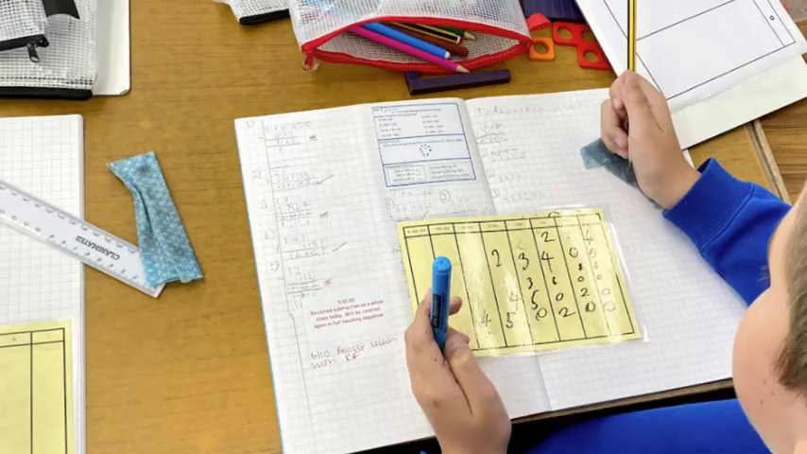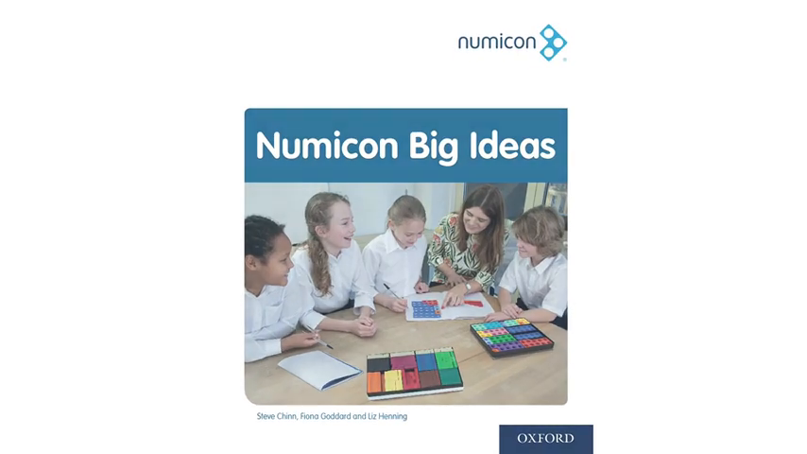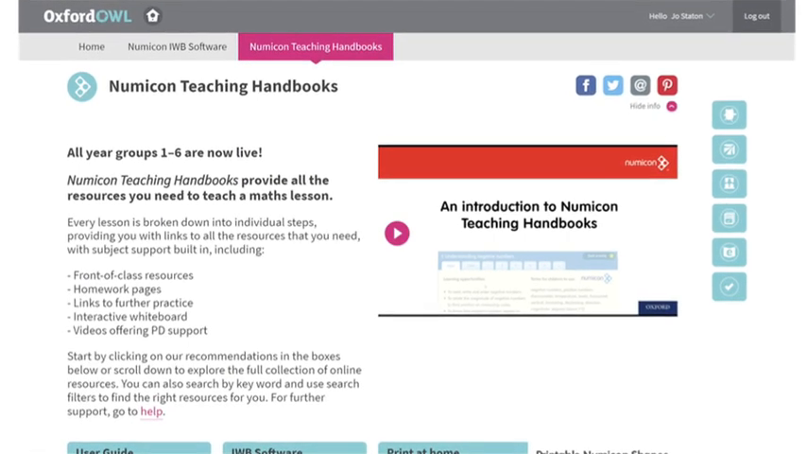Today's lesson was taken from the Numicon Big Ideas intervention programme. It's a sort of Year 5 content, so it's perfect for gap closing with Year 6 children. Previously, the children will have done multiplying and dividing by 10, 100, 1000 in Year 5. Our diagnostic assessments have shown that around 60% of our pupils have a gap in this area or weren't able